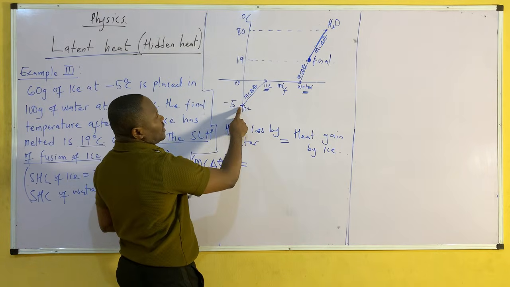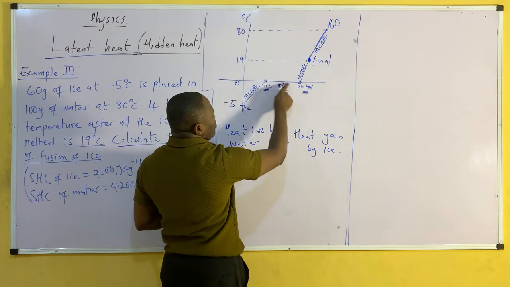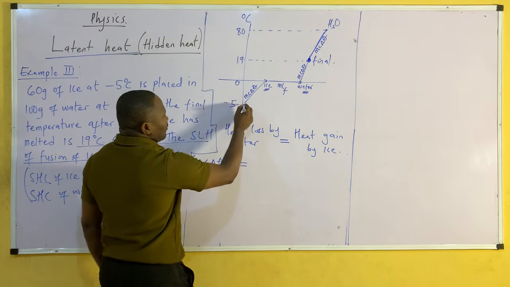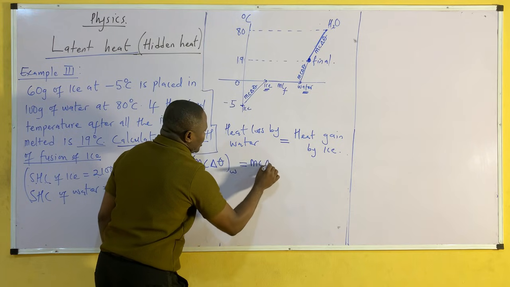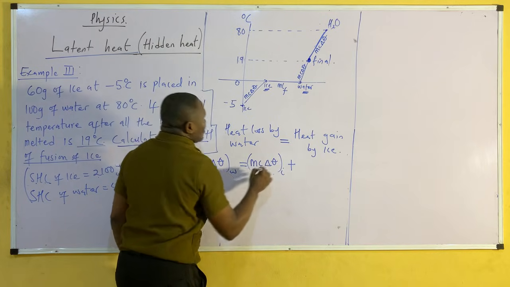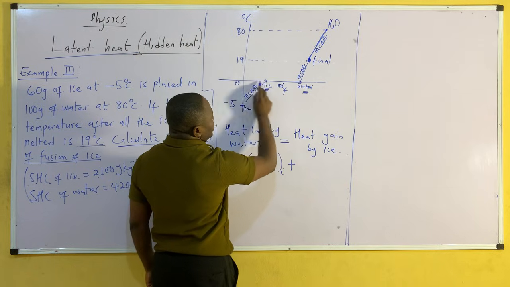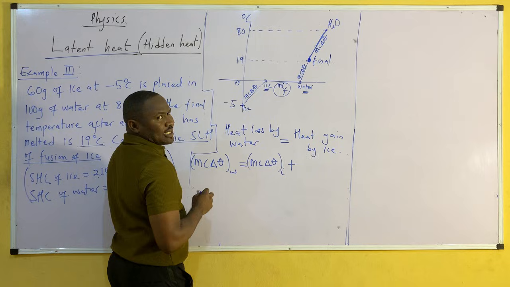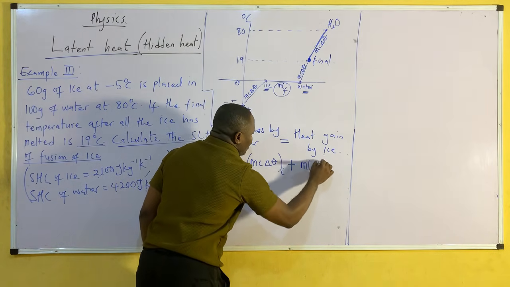This is ice gaining heat to 19. So all of this pathway till 19 is the heat gain. From here to here is mc change in theta of ice. Plus, what's the next one? Ice to water, latent heat, no change in temperature. So this is the specific latent heat of fusion, which is plus mL_f, then plus